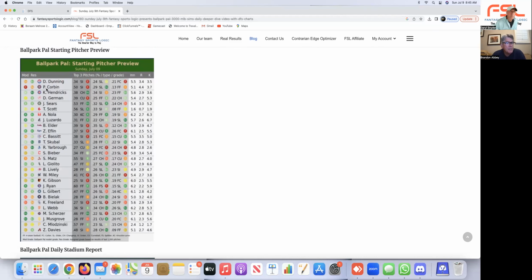Here's the starting pitcher preview. He grades it like a report card in the middle here. Those are grading the pitcher's last 1,000 pitches, how the favored pitch of the pitcher is performing. You can see Dunning there, not so good on a slider. He's got an F on his sinker, and then the slider he's got a C+, and then his cutter an F. So although people were picking on Corbin, it looks like the Nationals could be a play as well against